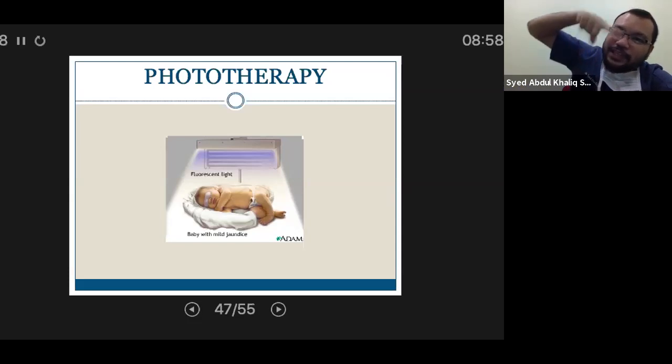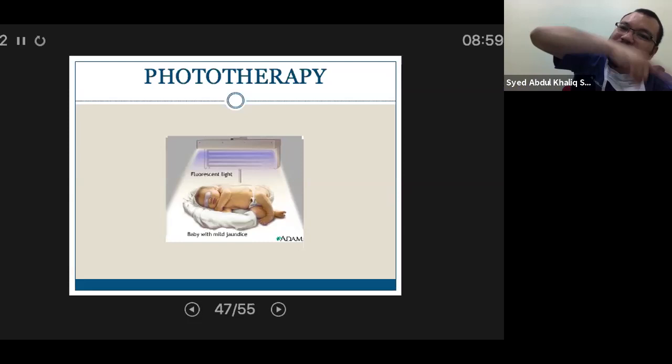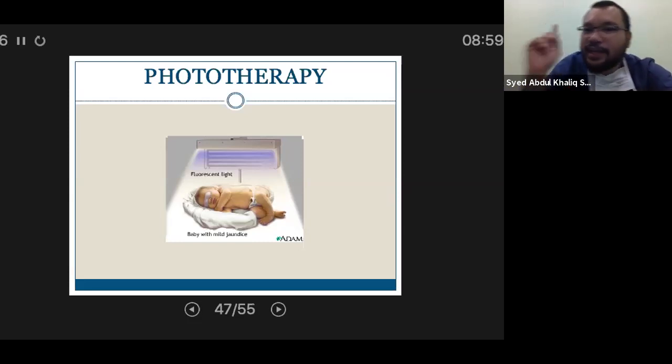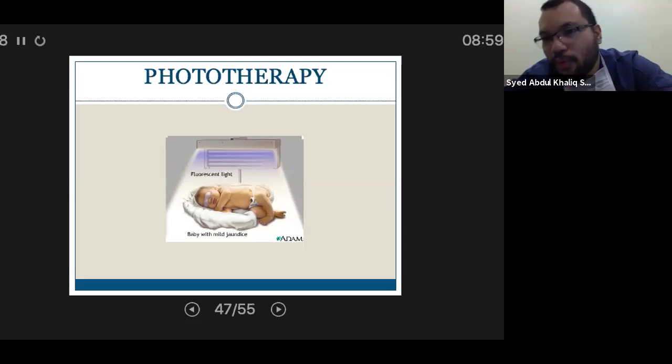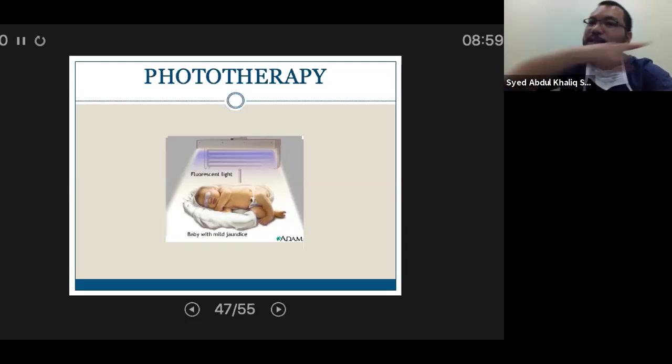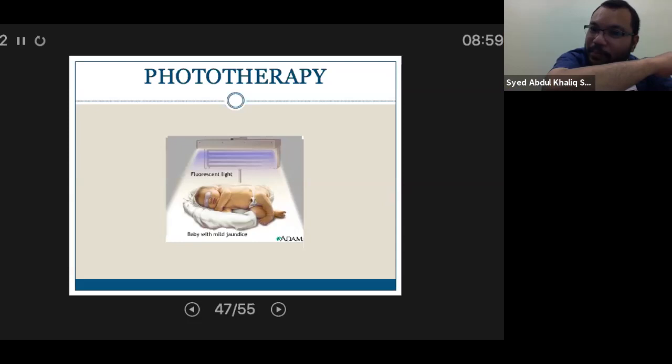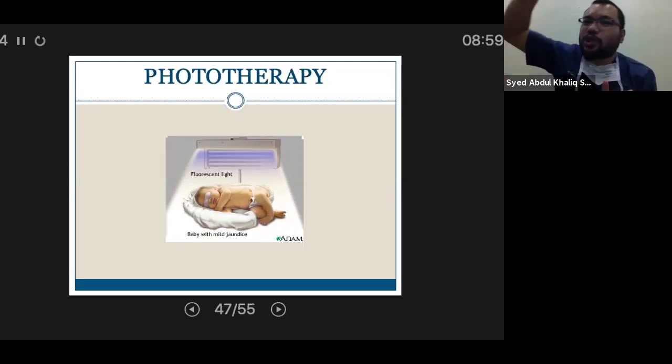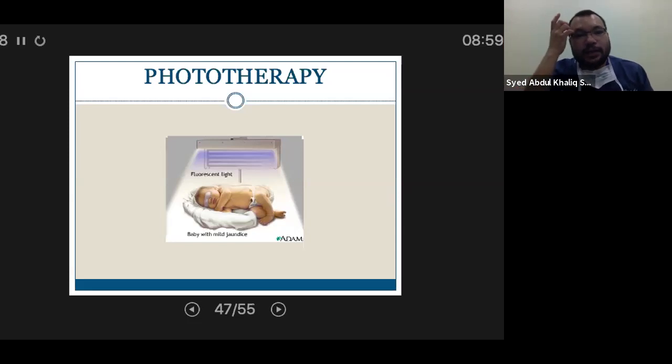If the frequency is high, when it is far, it will lose its frequency. Higher frequency doesn't go far. Lower frequency goes far. Understand? So the distance between the source of the light and the baby is important. Same with frequency. Blue light has many ranges. So what is the range of the frequency is important.